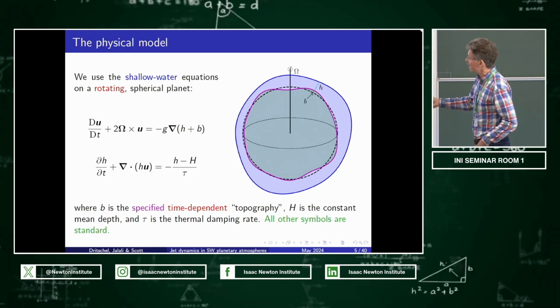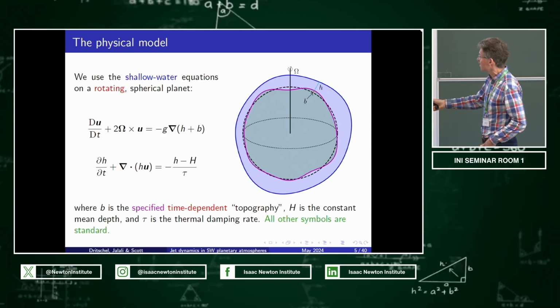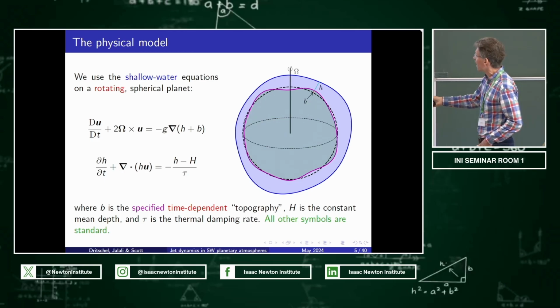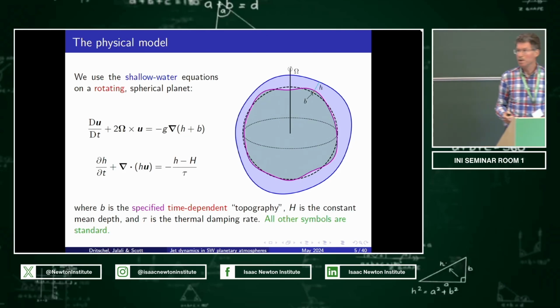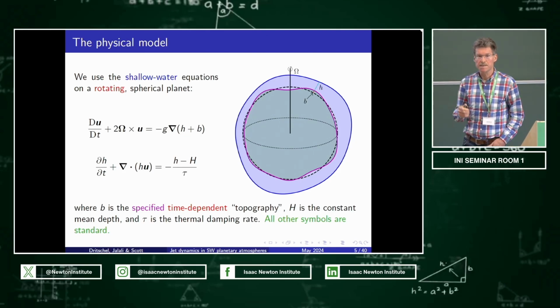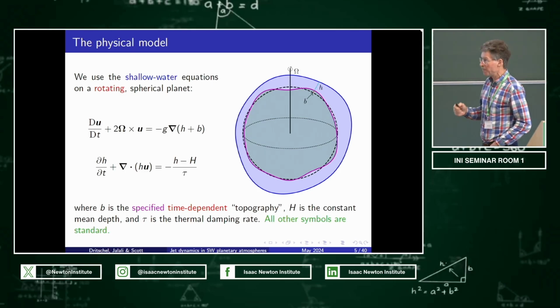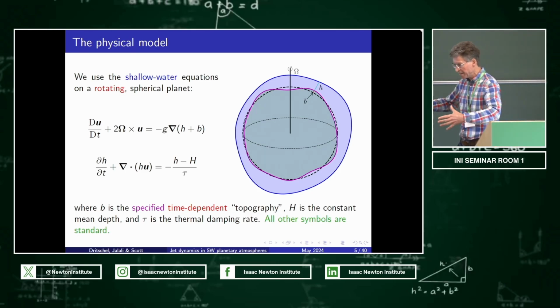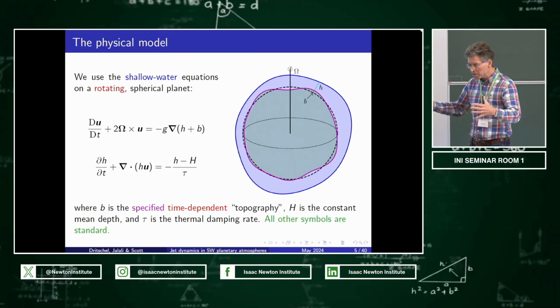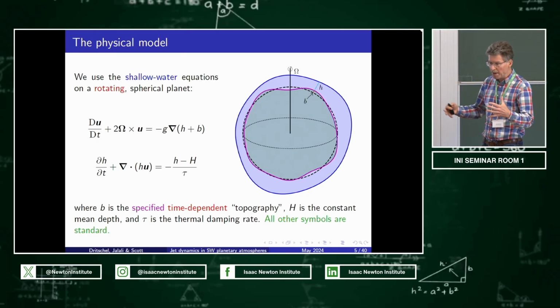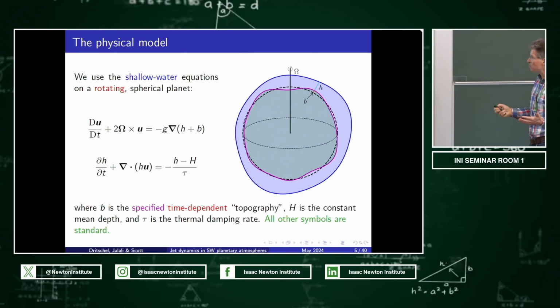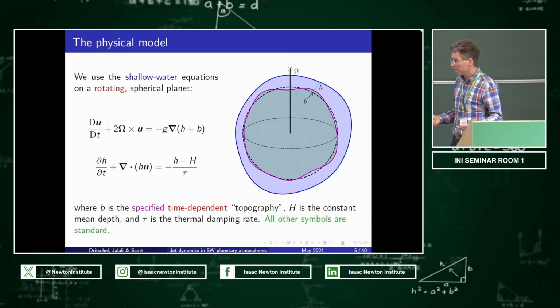The equations are dead simple. They're just the usual shallow water equations with the usual velocity, Coriolis frequency, the thickness of the fluid, h, and b, which will represent the bottom topography. And b for us will be both space and time dependent. So it won't be a fixed topography, but some kind of oscillation induced by convective activity, which we'll consider isotropic, which is probably a very bad assumption, but this is already